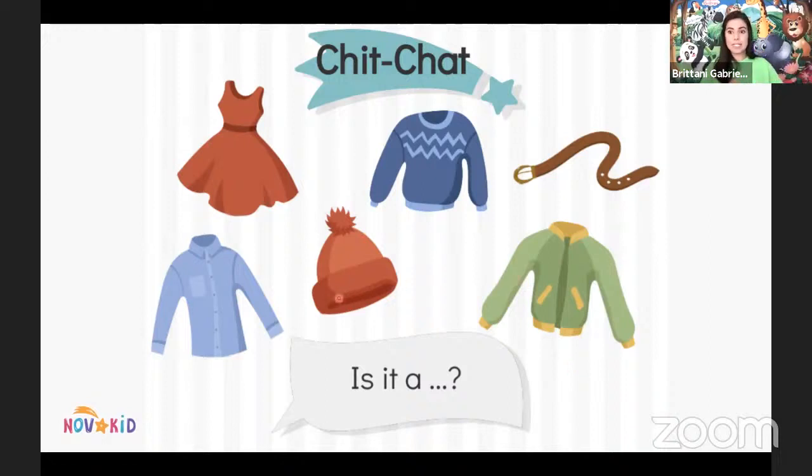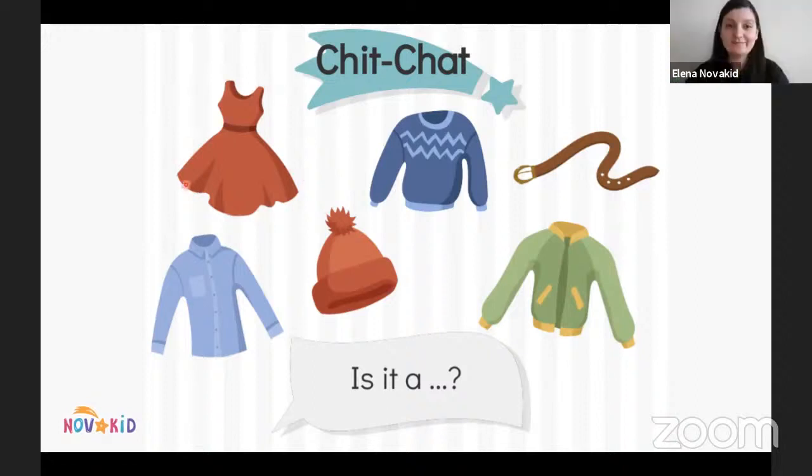Now, let's say, for example, I ask my student, Elena, to push the button, and she does. And it spins, it spins, it spins, and it comes up number 1. Number 1 is a dress. If Elena is a lower level student, I might just circle and listen and expect for her to produce something.